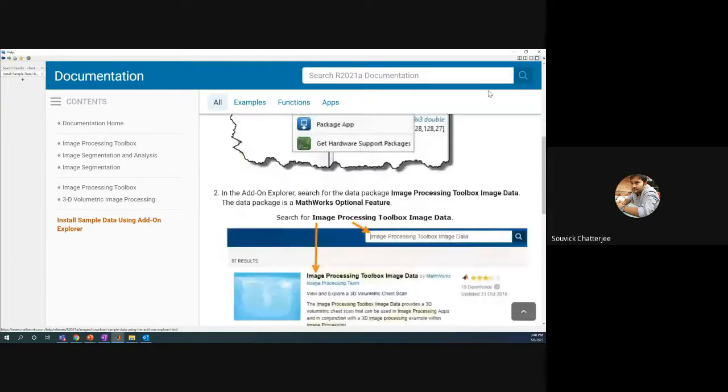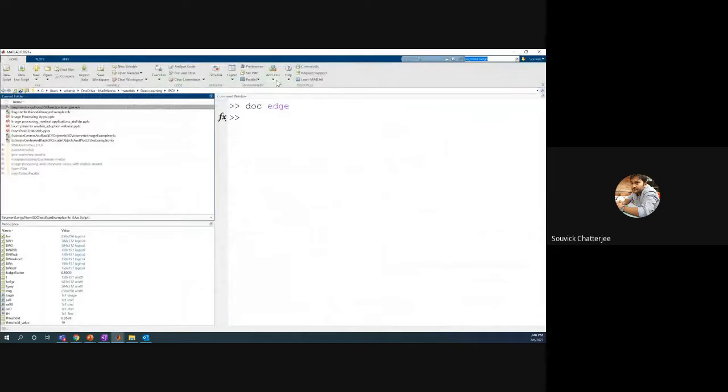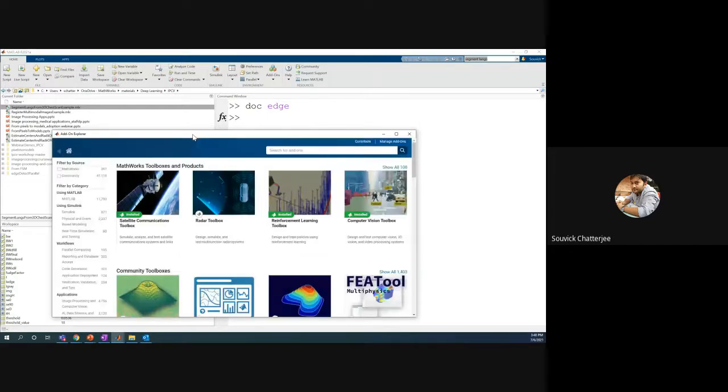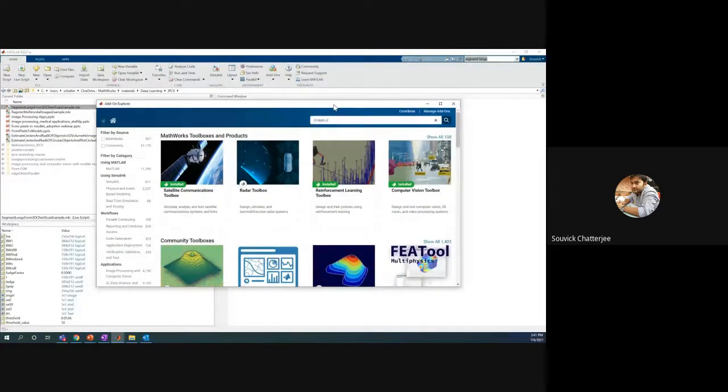Inside MATLAB, if you go to Add-Ons and click on Get Add-Ons, you can get any sort of add-ons, such as support for types of hardware. If you want to integrate Arduino, Raspberry Pi, or any other hardware like an FPGA board, since the HDL question came up, you can do all these types of things. By the way, you can convert MATLAB code to HDL code, so that is very much possible. In this Add-Ons, you can search for Image Processing Toolbox